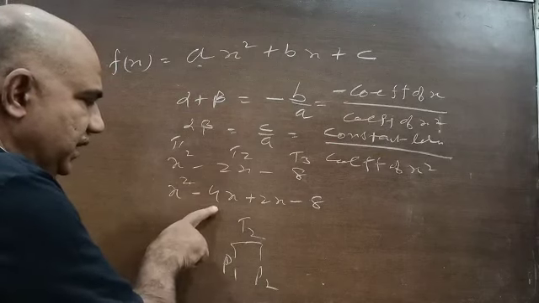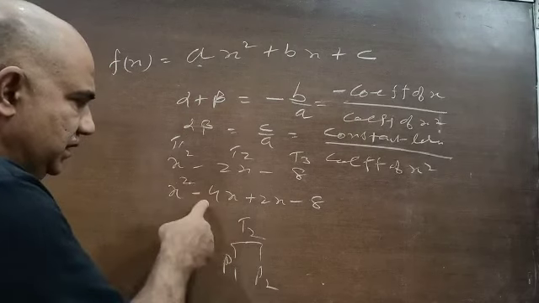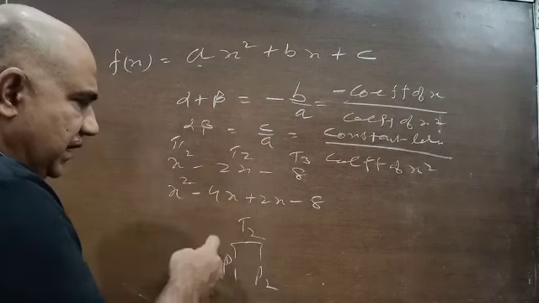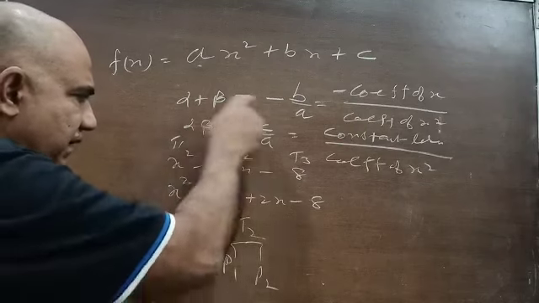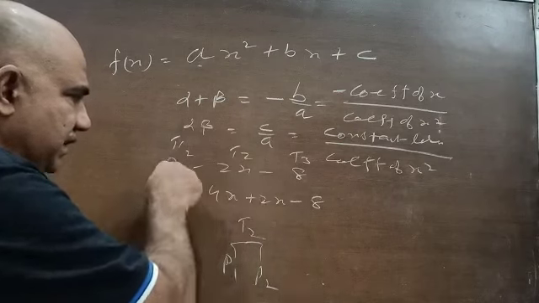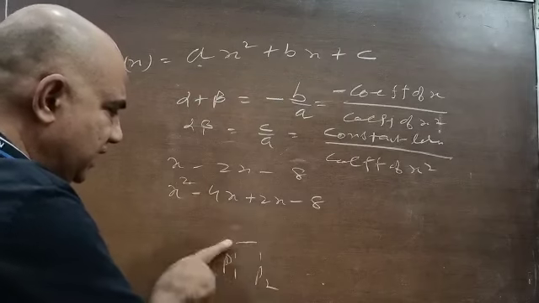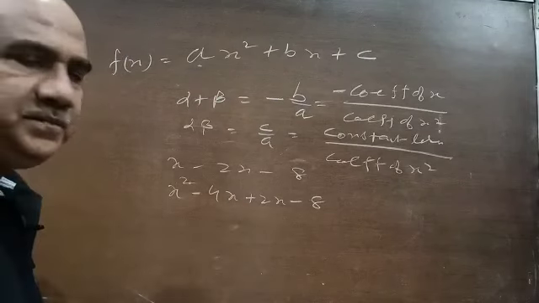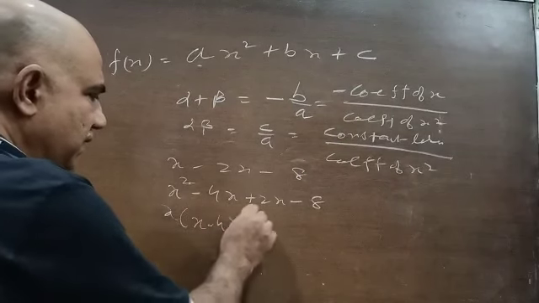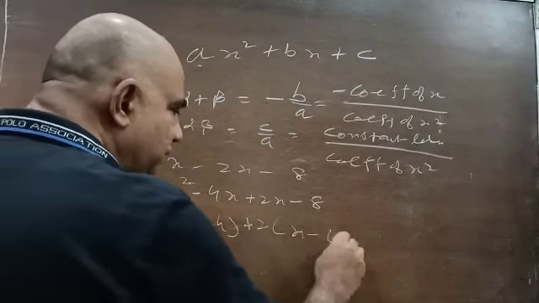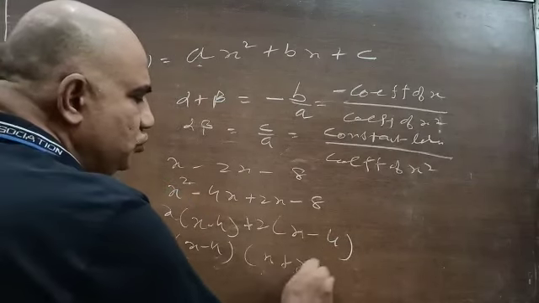So if you take minus 4x and plus 2x and sum them, P1 plus P2 is T2, that is minus 2x. And when you multiply them, it becomes minus 8x square, which is the product of T1 and T3, minus 8 and x square. This is the method of factorizing a quadratic polynomial by splitting the middle term. Now if I take x common from the first two terms, this is x minus 4, and if I take 2 common, it is x minus 4 again. Now taking x minus 4 common, this is x plus 2.